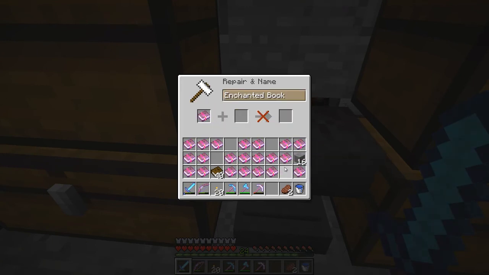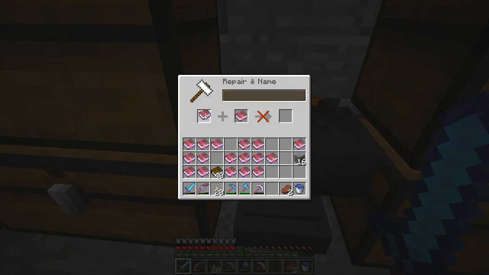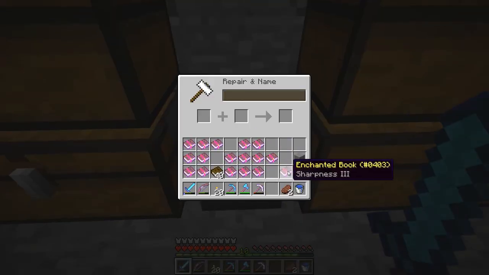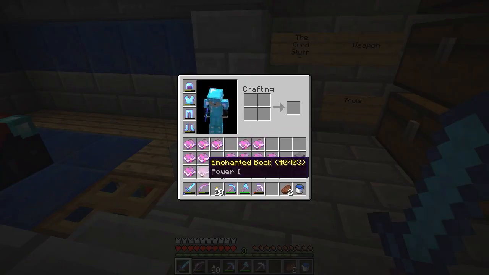So sharpness 1 and another sharpness 1 gives us another one. And that one and that one. So now we've got a bunch of sharpness 2s, and we'll make up a couple of sharpness 3s. Now what you can do now is you can take that sharpness 3 and sharpness 3 and you combine the two of those together for 7. So now we have a sharpness 4 book,